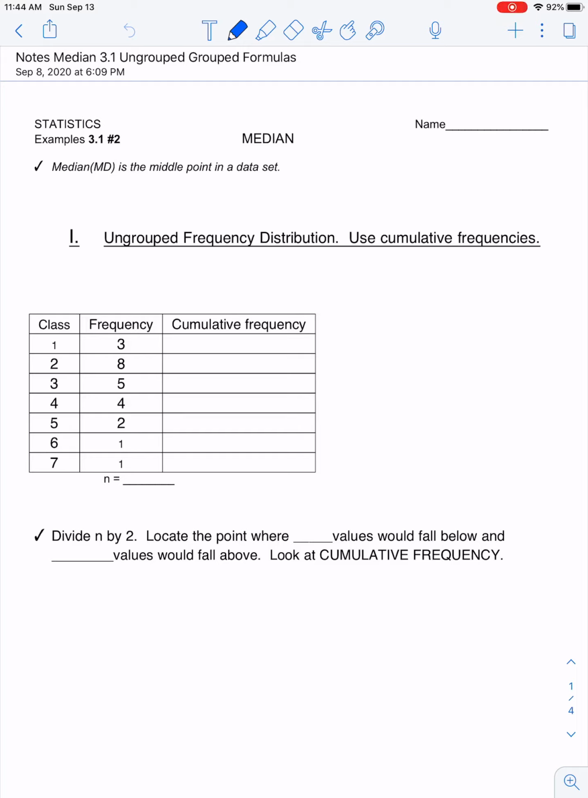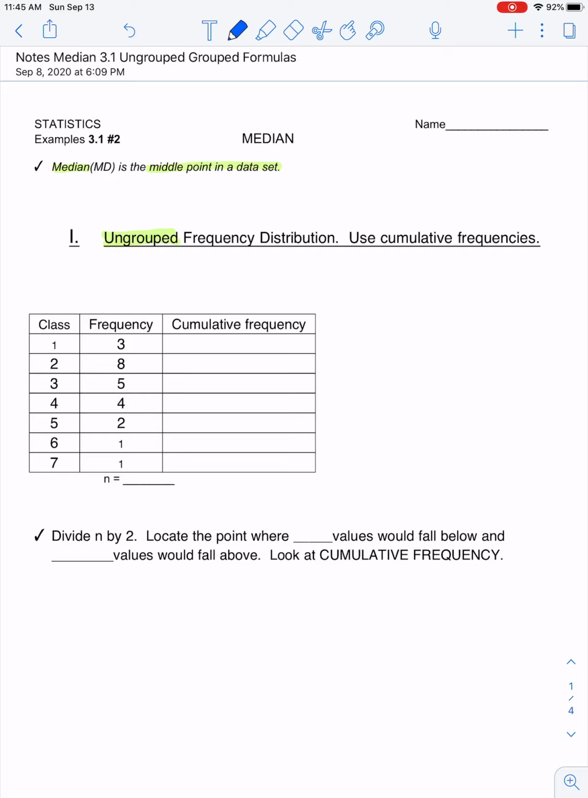In this video, we're going to take a look at how to calculate the median for a set of data. As you may remember, the median is the middle point in your data set. In order to do this, we're going to first start with an ungrouped frequency distribution. To find the halfway point or the middle point in that data, we're going to make use of